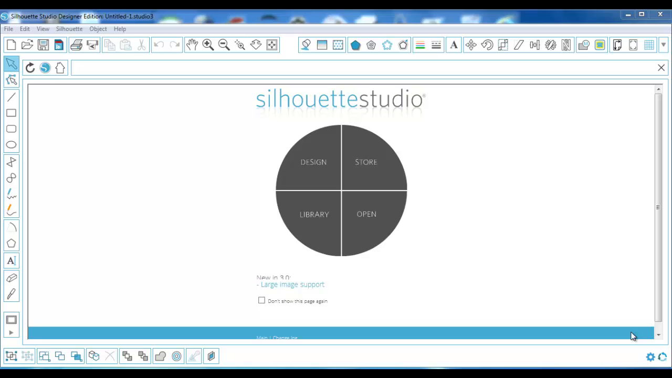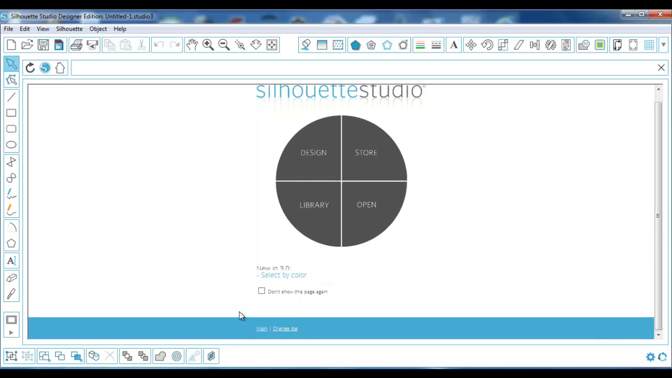So I'm getting started. As you can see, here is the splash screen, and you'll see down here where they are showing all of the new features and everything. A lot of us don't want to begin with this splash screen, so I can just click right here to not show this page again, and the next time you launch it, you won't see this come up first. But I'm going to go ahead and leave mine as it is, and I'm going to click right over here on design,